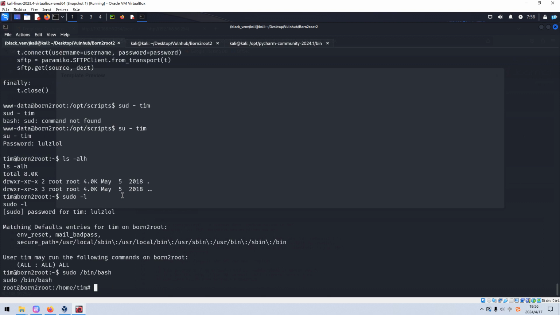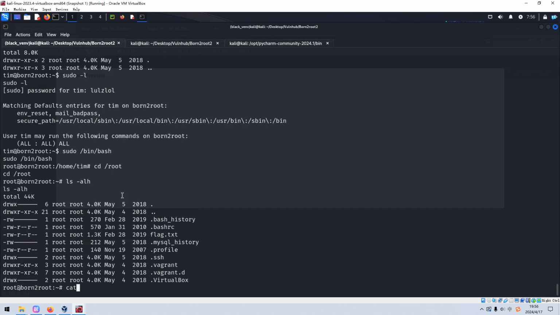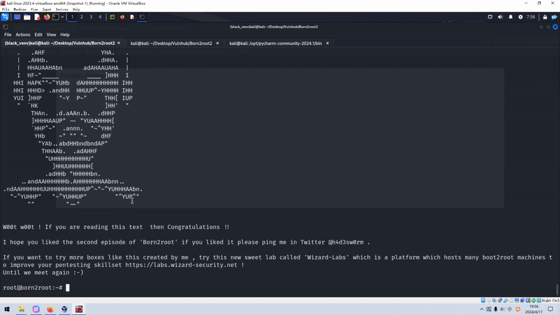As you can see, we have already successfully switched our shell to the root user. Then we can go to the root directory and cat out the root flag without any problem. So that's pretty much it. I'd like to see you